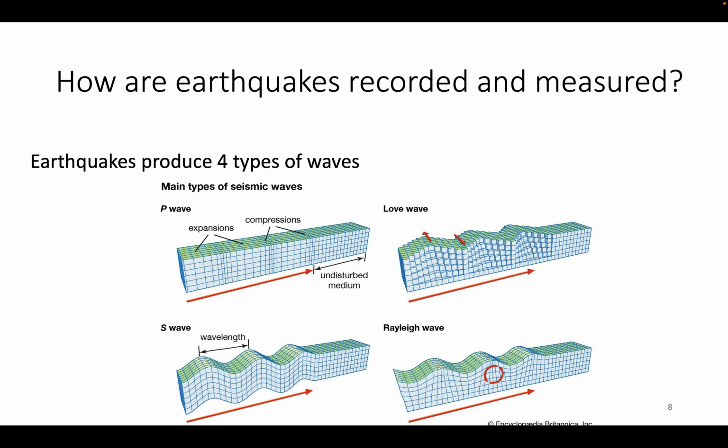Seismic surface waves, shown on the right, are the slowest. Love waves arrive first of the surface waves. This type of wave moves through the ground from side to side, leading to widespread damage to buildings, roads, and